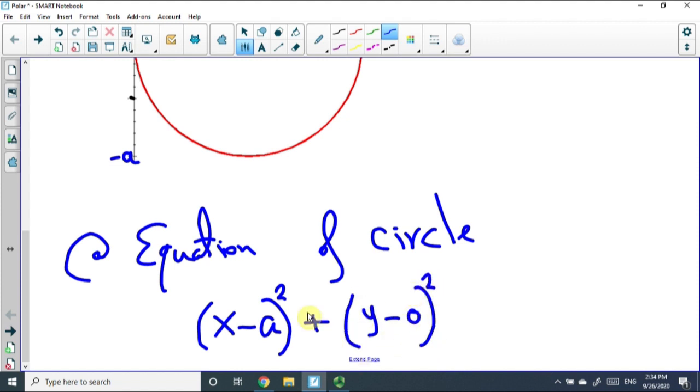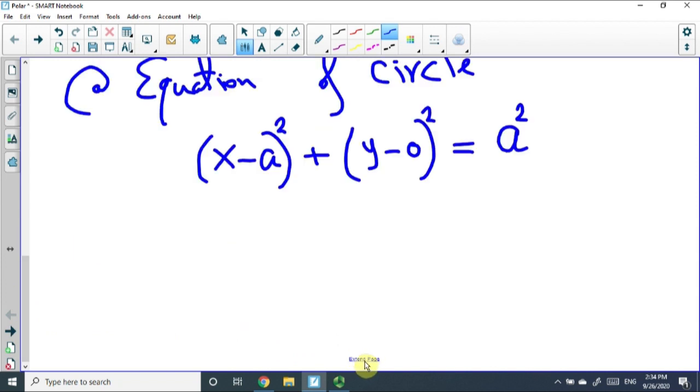That's the general equation of a circle, and it should equal the radius squared. To write it in polar coordinates is easy. We just substitute x and y for their values in polar coordinates. We already know that x is equal to r cosine theta, and y is equal to